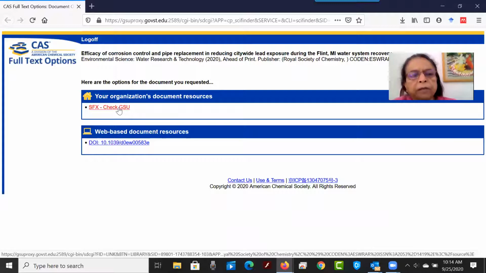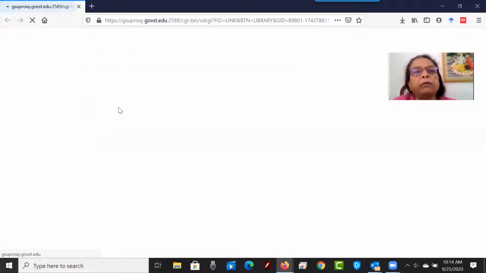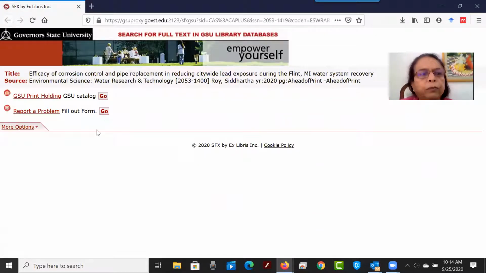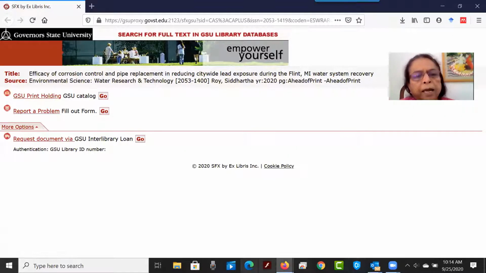I'm going to look at GSU if we have it. If we don't have it, then you can get it on interlibrary loan at GSU. They don't have it, okay? And then look at more options. And then you can go to GSU interlibrary loan and click go, and then it will come to you as